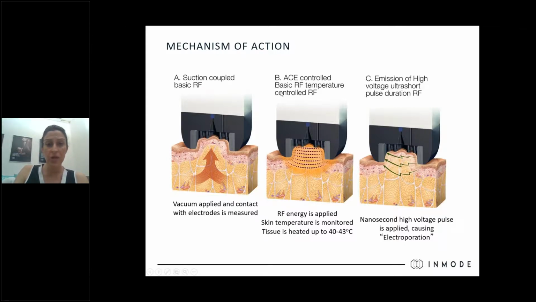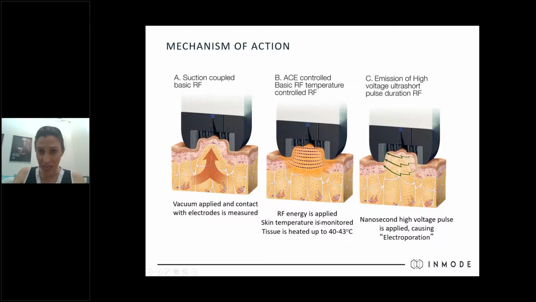Okay, so we're controlling the temperature in a similar manner to that we controlled with the Forma and the plus. We have a temperature sensor embedded within the applicator, not so much in the electrode as before, but deeper in the electrode, that actually monitors the skin temperature over this part. Okay, and the RF flows alternating current from one end to the next, back and forth, constantly heating up the tissue to the cutoff temperature that we've